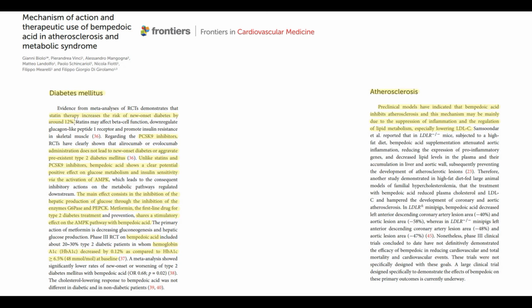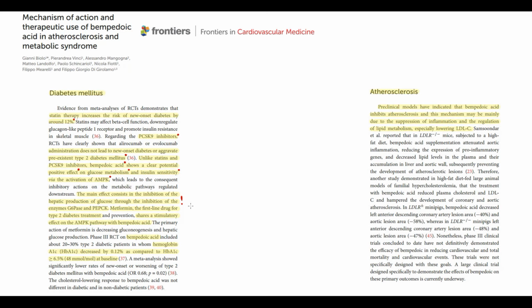One of the major side effects of statins is an increased risk of new-onset diabetes. In contrast to them, bempedoic acid provides substantial benefits in case of diabetes by improving glucose metabolism and insulin sensitivity, which is possible due to the activation of AMP-activated protein kinase. The major reason why bempedoic acid is so effective in diabetes is the inhibition of the crucial enzymes